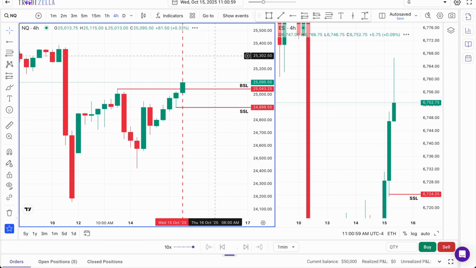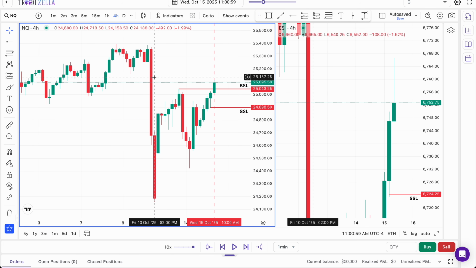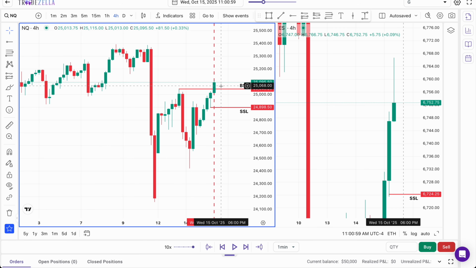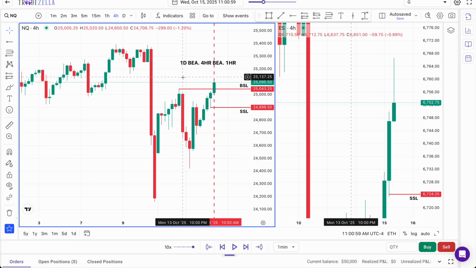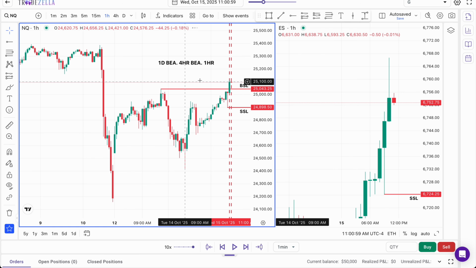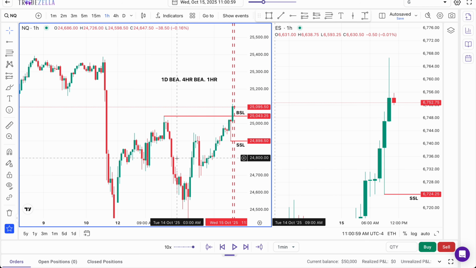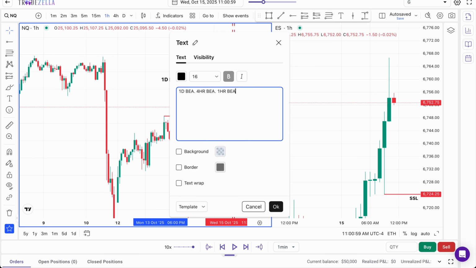Now we're going to look at the 4-hour and get a result for each one. We're in a 4-hour bearish gap, so we're bearish to the next 4-hour bullish gap or low. And this is how it works as we work our way down through each time frame, until we get a full picture and an overall bias leaning towards either bullish, bearish, or neutral. Because you're not always going to fish out a bias every single time. On the hourly time frame here, you can see that we are currently trading in an hourly bearish gap, and the bias is bearish on the hourly.